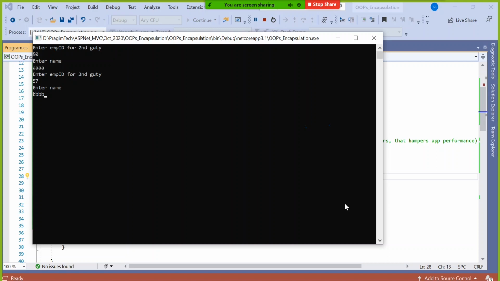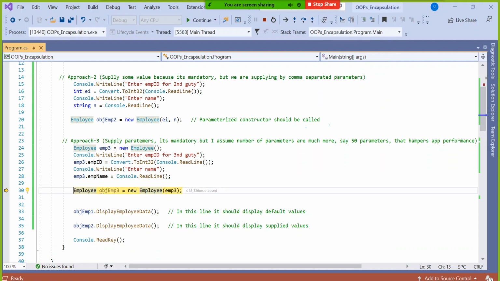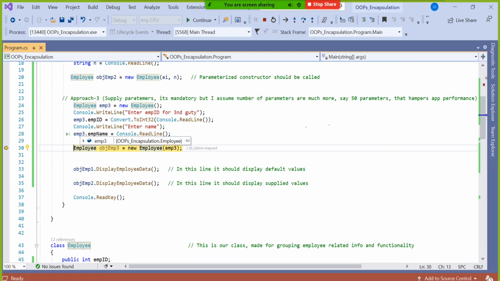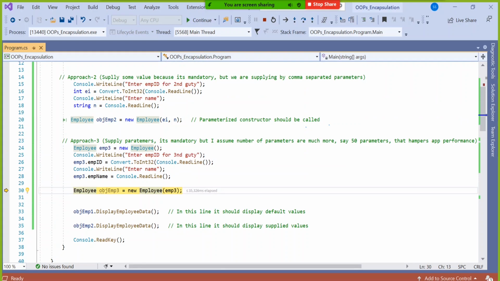So whenever you want to supply a lot of data, then the second approach is not good. I assume around 20 to 30 data I entered here, and that I plugged into an object called EMP3, which has the entire collection of data: 57, BBB, his employee ID, his salary, his email ID, his mobile number, etc. Then I thought, since 20 to 30 data are going to be supplied, the second approach is not good, because the second approach has comma, comma, comma, comma.